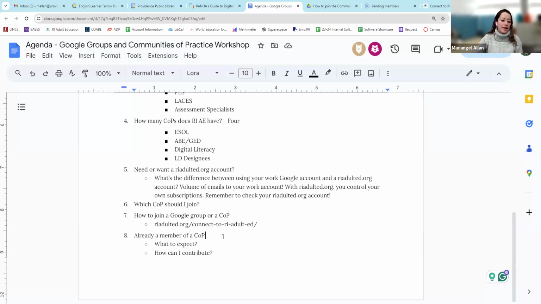And do you do that by just responding to the email? Yes, that's right. You will just reply like a regular email. They show up in your inbox like a regular email, right? So you just click reply, type your message, and send it. It replies to the whole group, the whole community. Correct. Yes, to the whole COP group.